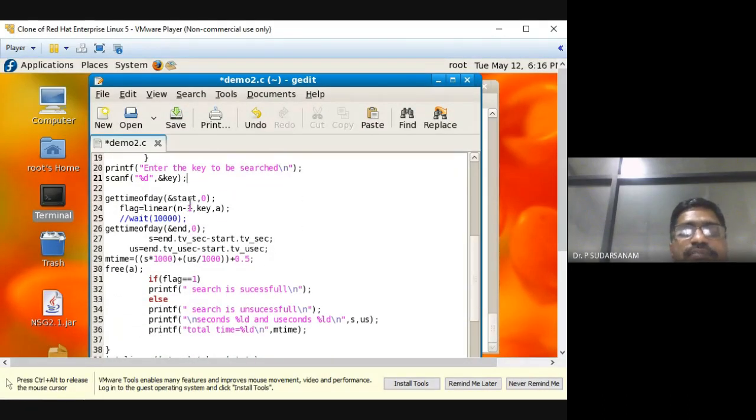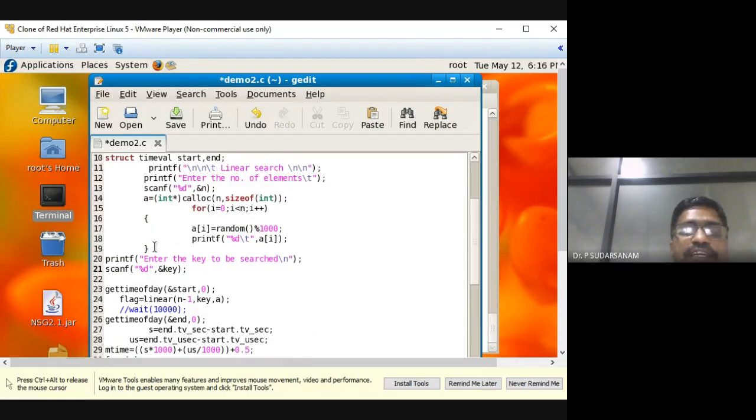So linear search means what you have to do. Up to here you have generated the random numbers. That's what I have split, and I have executed the program separately. Now, as a continuation, the program is nothing but linear search. Linear search is nothing but you have stored the n elements into the given array.